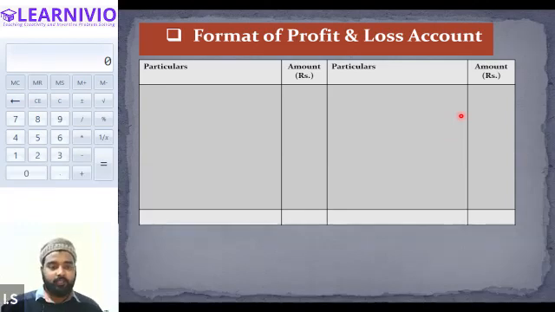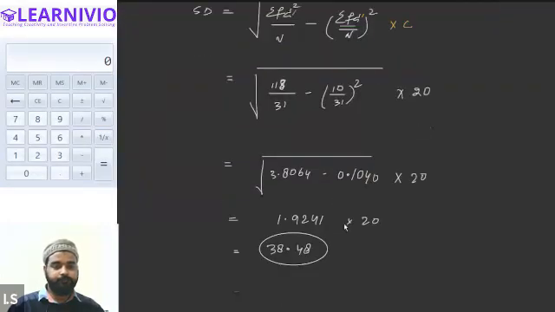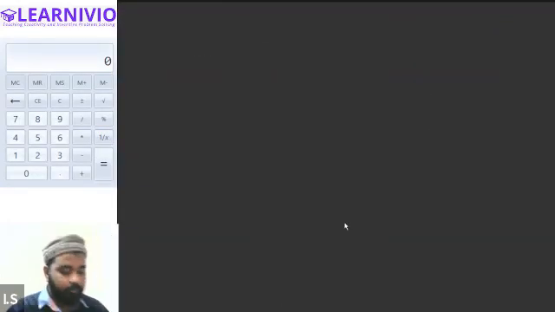So what are the various items recorded on the debit and credit sides of the profit and loss account? That we will discuss. First of all, in the profit and loss account, we write down the value of the gross loss. Just a minute, let me explain this concept on the note. Just a moment. Okay, so before preparing the profit and loss account, what do we actually prepare? We prepare the trading account.